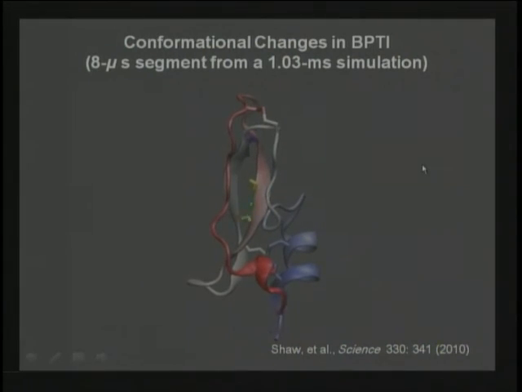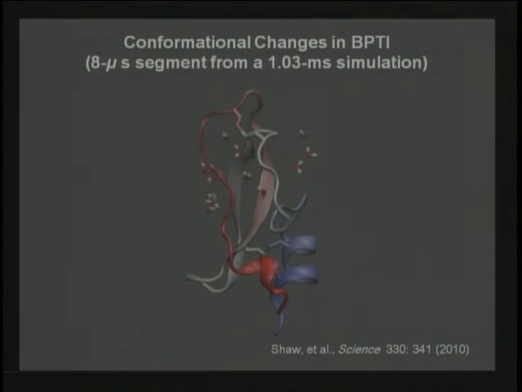This was the first millisecond simulation ever done, and it turns out it's also the same molecule, bovine pancreatic trypsin inhibitor, that Martin Karplus many years ago did for the first MD simulation ever performed. And all I want to really show you here is some of the structural changes you just don't see. This is a short segment, but we had to watch a long time. These are water molecules, and the colors just identify different ones, but this is where it's interesting. This big structural change, which hadn't been really suspected, caused water to flow through this.